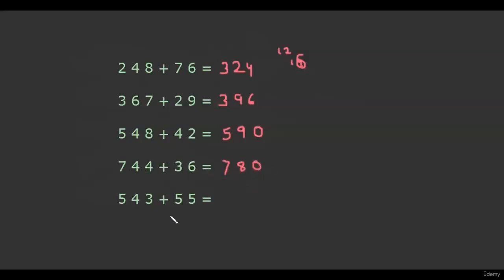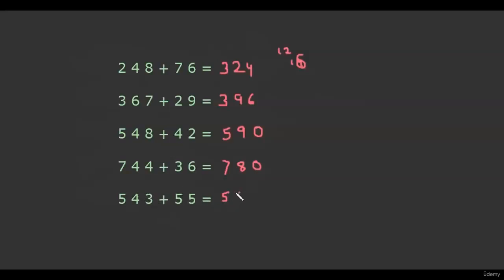So the end number is 0, since the sum of 4 and 5 is 9. And the pair after it is 3 plus 5, that is also a non-carry pair. 3 and 5 are a non-carry pair, and 4 and 5 are also non-carry numbers. So we just write 5 as it is without increasing 5 by 1.